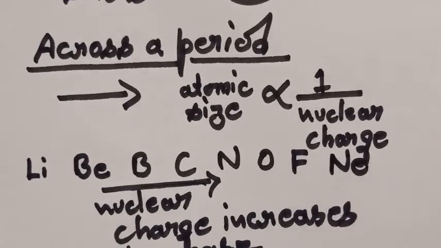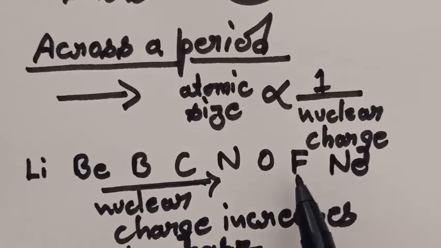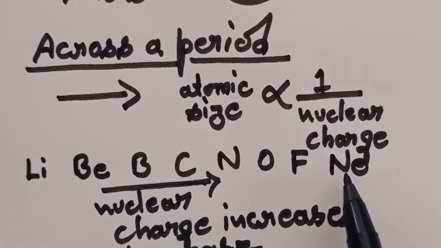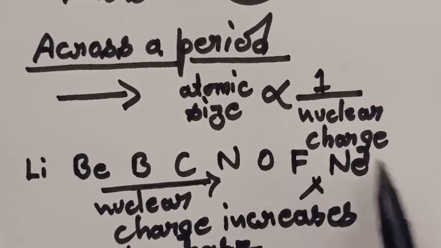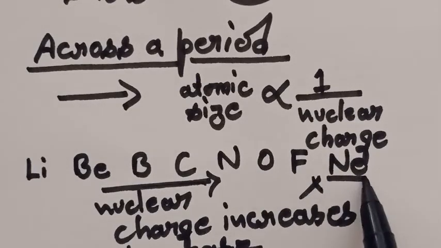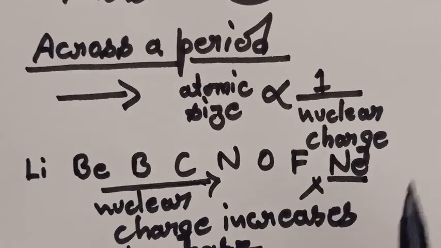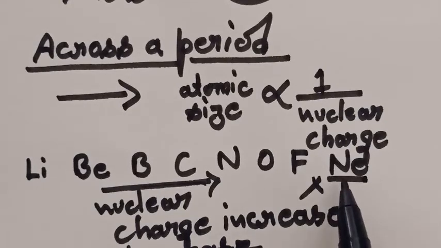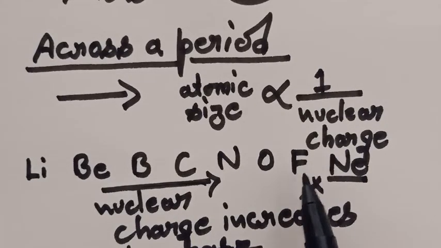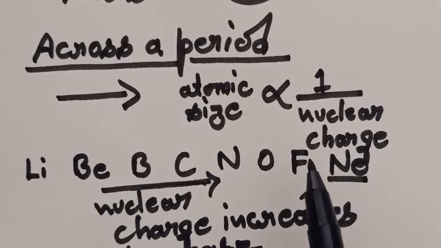According to this theory, neon must have the smallest structure. If we compare fluorine and neon, neon should have a smaller structure, but it is wrong. This one is an exception. The last elements are noble gases, and they have already completed their octet and duplet structure. That is why they have less nuclear charge compared to their predecessor and a bigger structure compared to their predecessor.